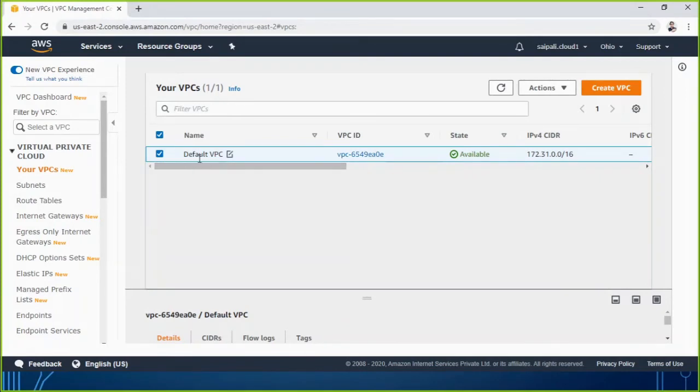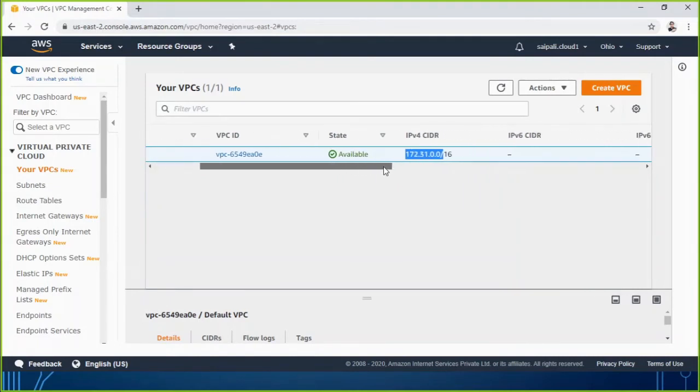By default you see this VPC has this VPC ID and it is using IP version 4 CIDR, that is a class B private IP address, 172.31.0.0/16. 16 means the first two groups represent the network ID, and this is a class B private IP address.